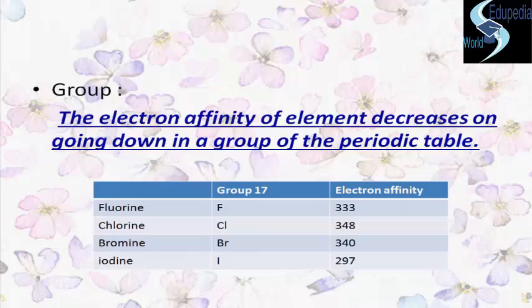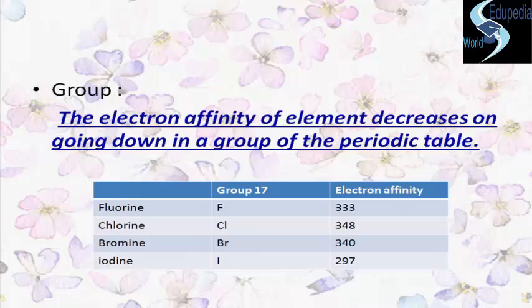As we can see here, the electron affinity of this group decreases from chlorine to bromine to iodine on going down in a group. Well, friends, please note that the fluorine element is an exception in this group because it has a slightly lower electron affinity than chlorine. Friends, this can be discussed in the higher classes. The decrease in the electron affinity on going down in a group we can explain like this,